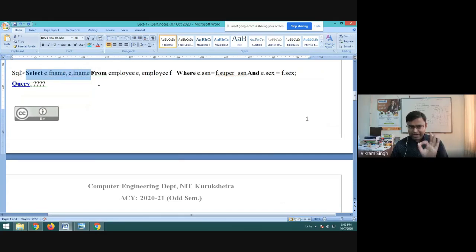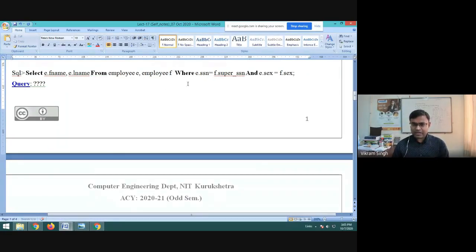So the query is requesting only the first name and last name as output, right? We have taken employee E, and again we have created employee F. So we have created 2 instances of employee, right?